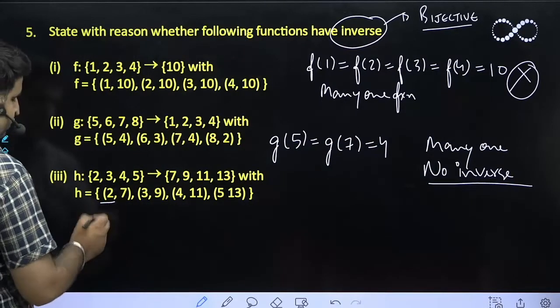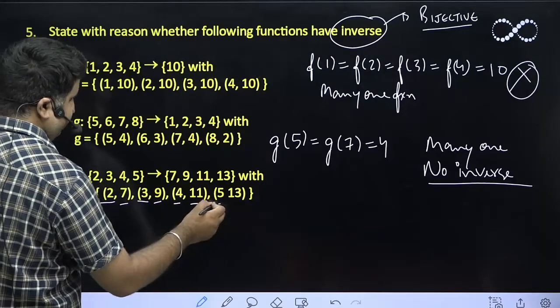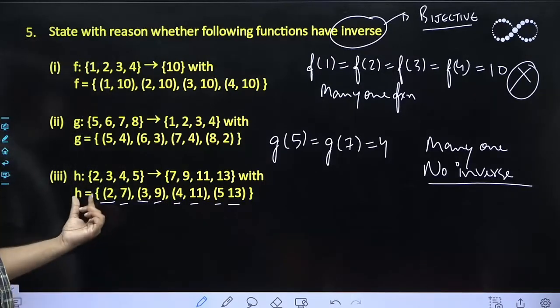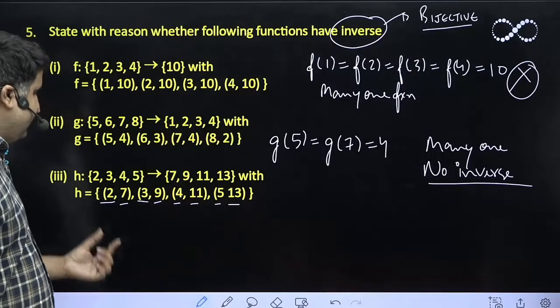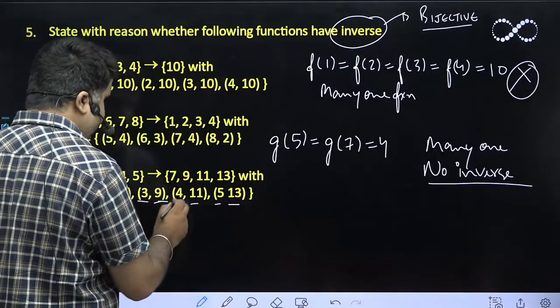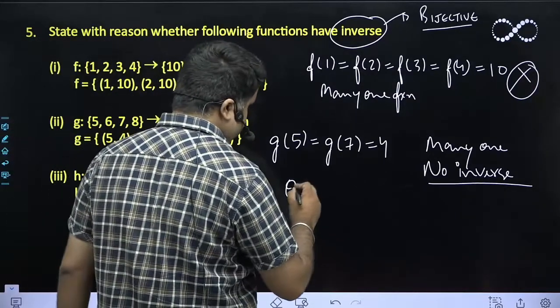For x is equal to 2, we are getting 7. For 3, we are getting 9. For 4, 11, and for 5, 13. So all values have different answers, right? And all the elements in the codomain are present in the range. Therefore, this function is one-one